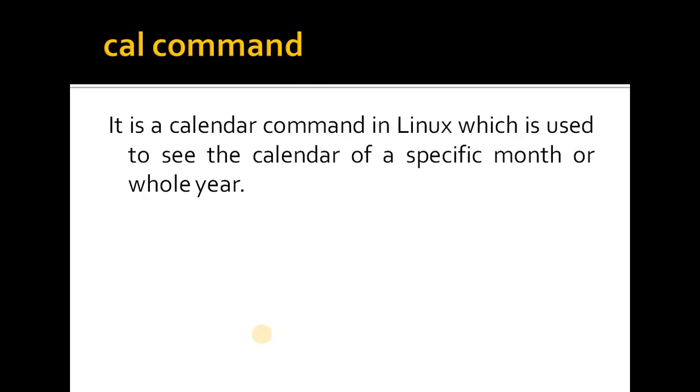So we shall start with the first command, that is the cal command. We can invoke the cal command to see the calendar of any specific month or a complete year. The syntax is cal, and we can specify the month and year whose calendar you want to see. These both are optional and these are known as arguments. If the arguments are given in square brackets, that means they are optional. If used without options, it will display the calendar of the current month and year.